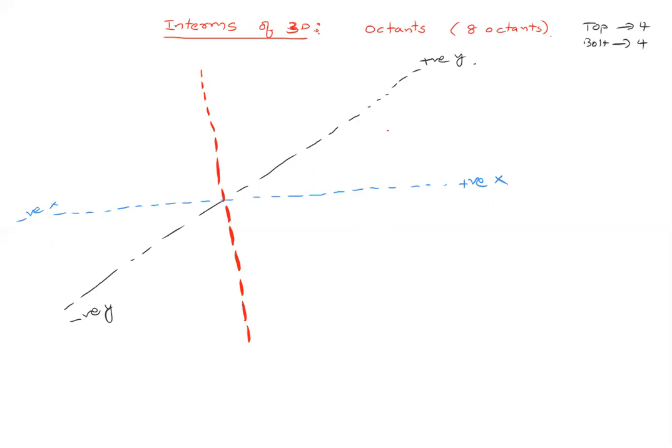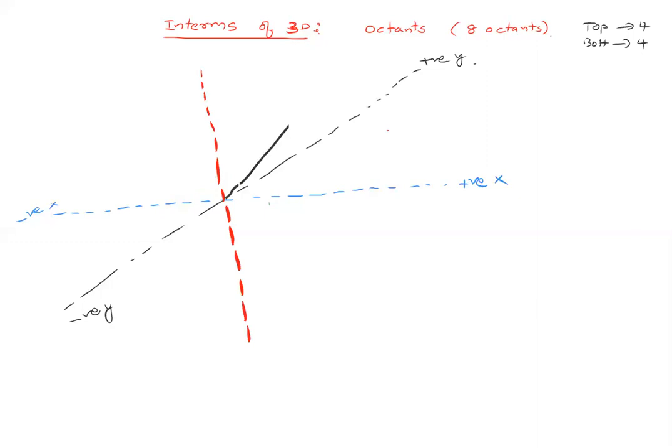If you consider this plane, that top plane is in 4 quadrants and the bottom plane is also in four quadrants. So totally, sorry, 4 octants, so totally you have 8 octants. Now in 3D, 2 dimensions means you have only 2 components, one is the x component and the other is the y component. In 3 dimensions you will have 3 components.